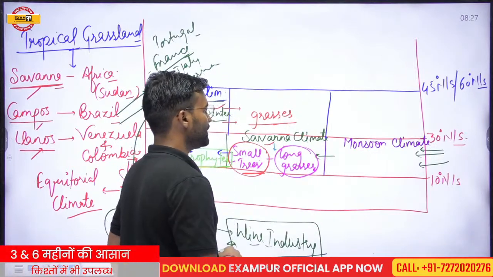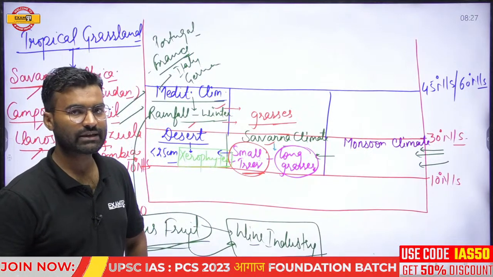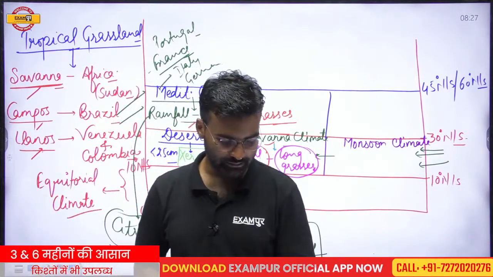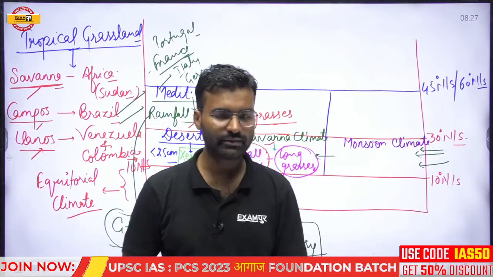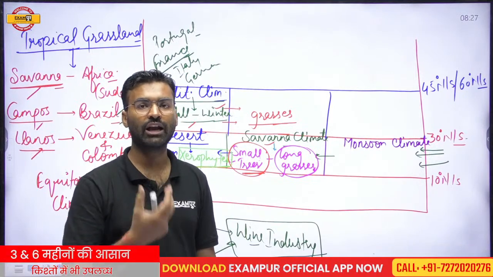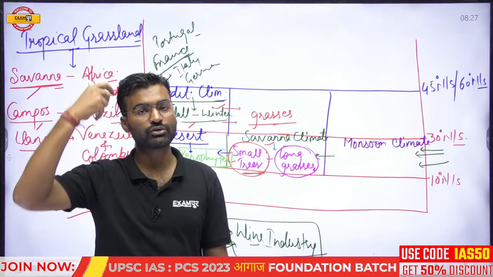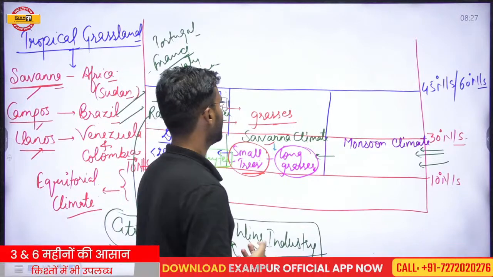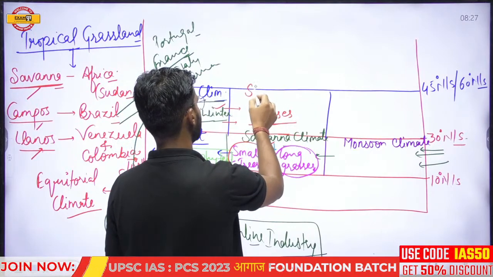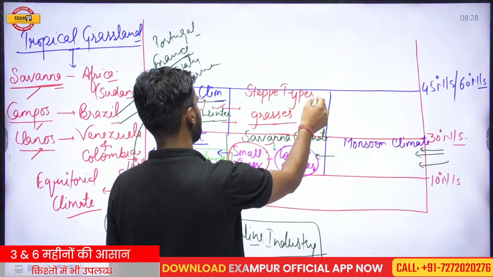Although these are very nutritious grasses, you can take the example of alfalfa. Alfalfa is a very nutritious grass. If you go to take homeopathic medicine, you will see that many medicines are made from alfalfa grasses, especially medicines for strength boosting or booster medicines. So on the name of one grass, this climatic zone is called the steppe type climatic zone, and this type of grass is called the